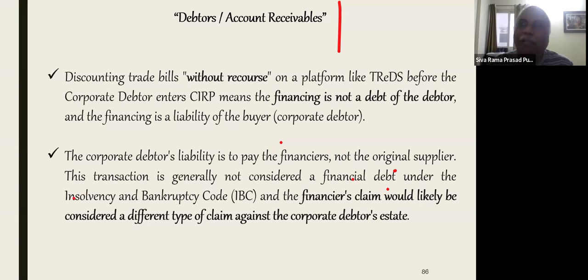Once the financier claims under operational creditor, what is this? He is a financial creditor. He should claim under financial creditor, and once he is a financial creditor, then he will participate in the COC meeting. Like that, some doubts will be lingering in your mind. But once you see the process of trades, once the buyer has not paid, the financier steps into the shoes of the operational creditor. As an operational creditor, he will file a claim against the corporate debtor who is undergoing the CIRP process.